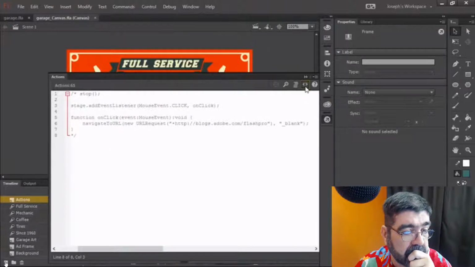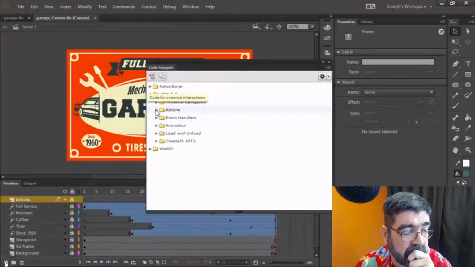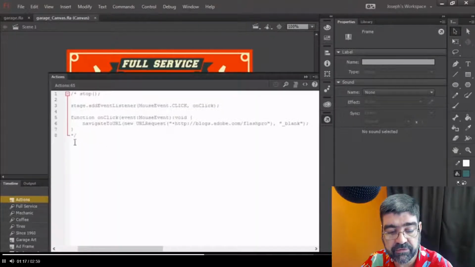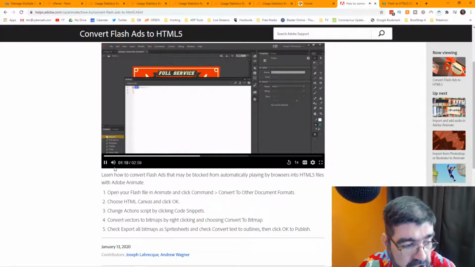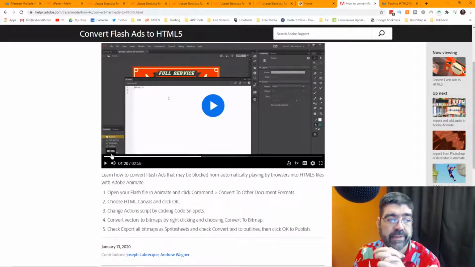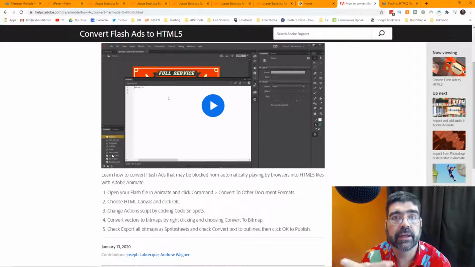However, quick access to the code snippets panel, we'll have a look inside of actions. Click to go to the... all right, well, something to learn inside here, you need to do that. We can remove our... just imagine that that's going to be as when Flash dies at the end of this